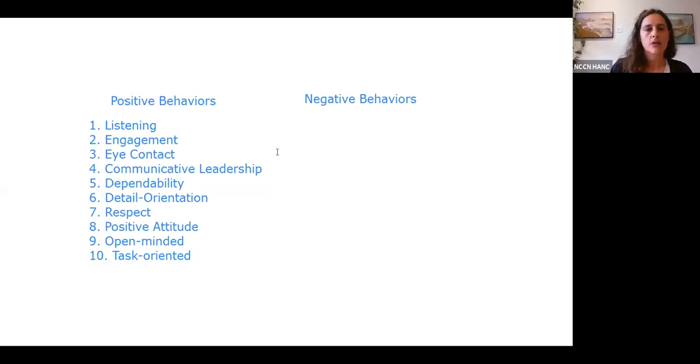And then, so thinking about these things, and I am wholeheartedly on board with everyone that's on here, the idea of those communication skills, of letting folks know that we're hearing them by listening and eye contact, engaging the conversation, respect, positive attitude. All of these are really going to support people in contributing on a daily basis in the workplace.